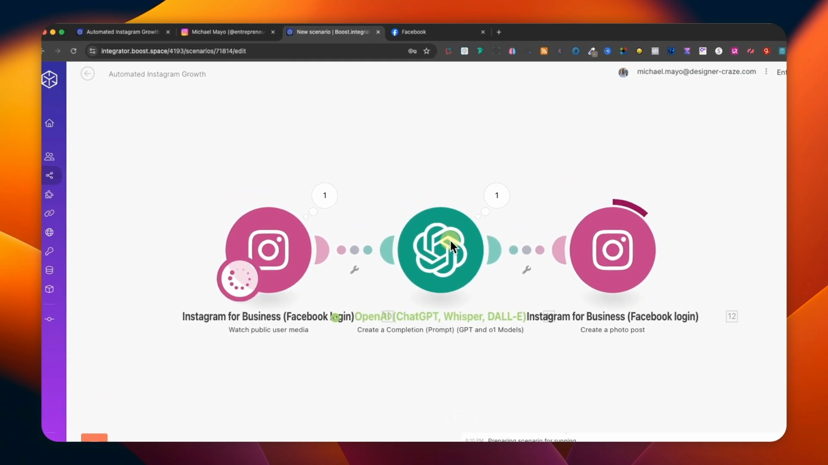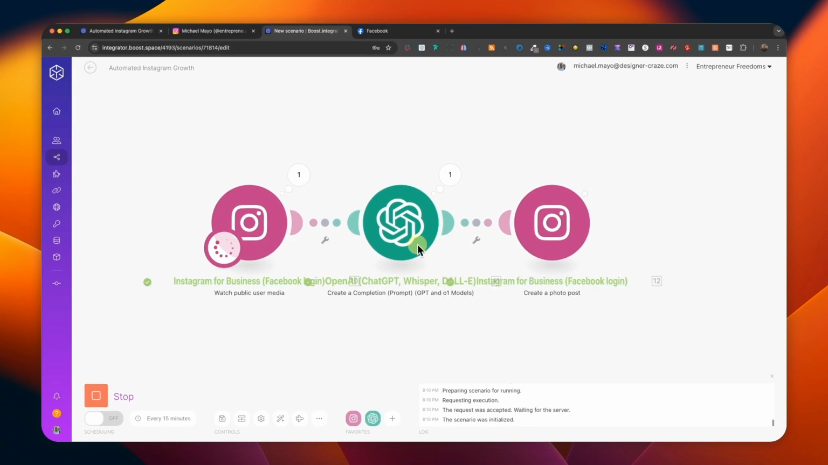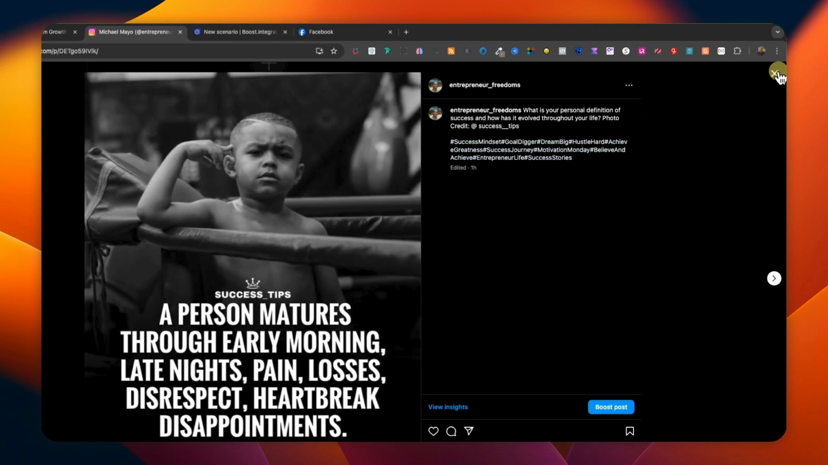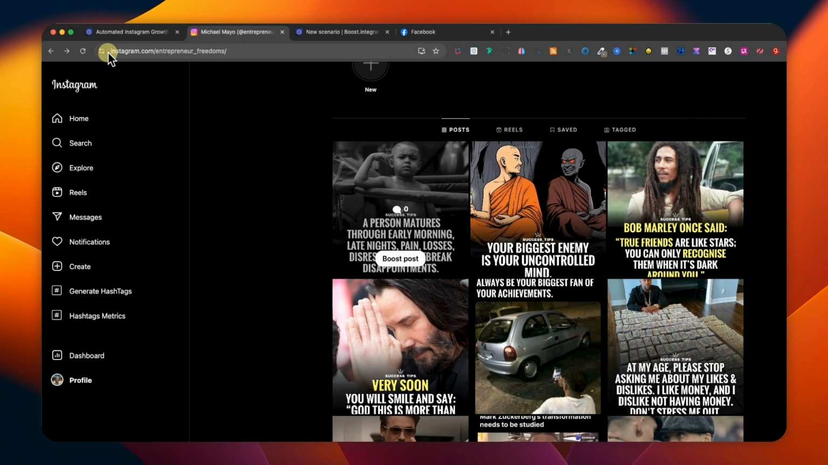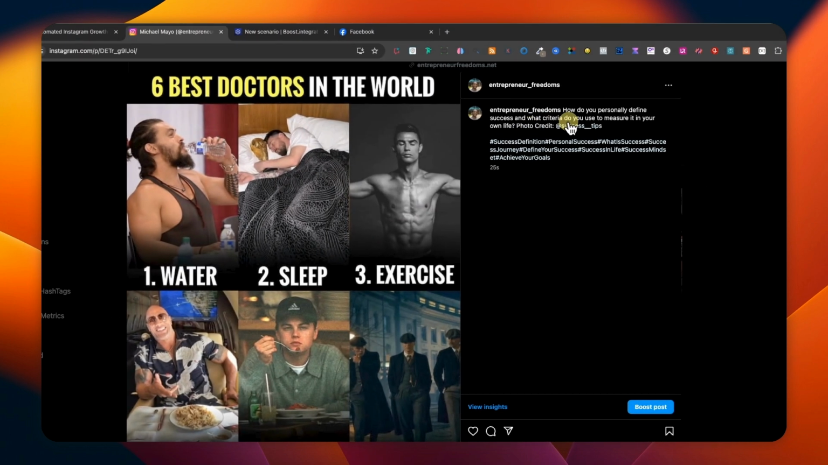So it's basically running this straight through here. It's grabbing that post, it's adding my question, and it's posting it to my Instagram. So basically go here, close this out real quick, refresh your Instagram, and you should see the new post. It's right there. There's my new post, and it has my question